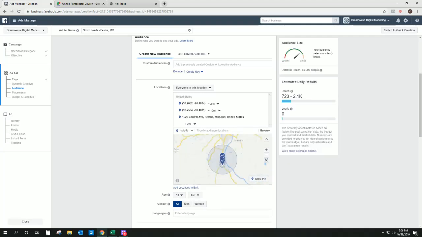So if we drop it north and change that to 2 miles, now what we have is a very, very highly targeted area where we can basically know that there was hail damage. We know people are going to need roofing services in this area, and we can ensure that we're going to get the highest amount of leads with the highest intent possible, because these people are really going to need